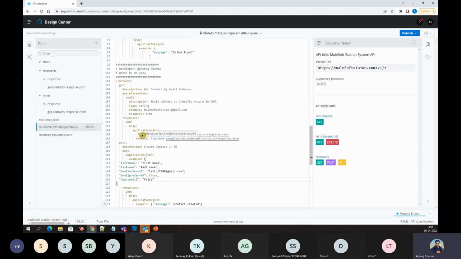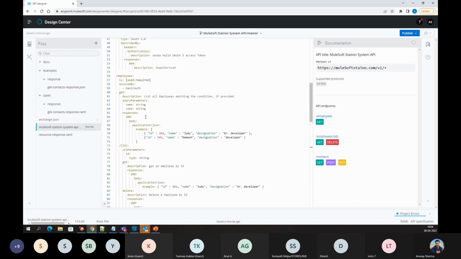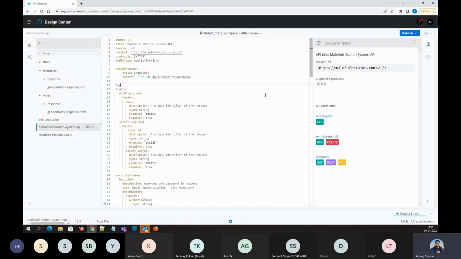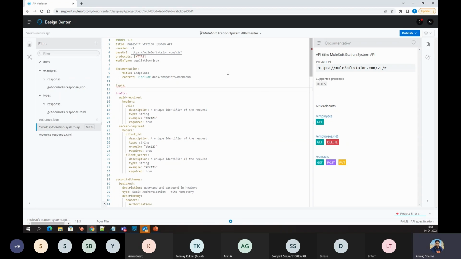Now, we define the types here, or you can do one thing also: instead of defining the type here, you can define this type in the traits also. You can define any kind of, like under this fragmentation, we can have something like this, types. You can give any name, for example,